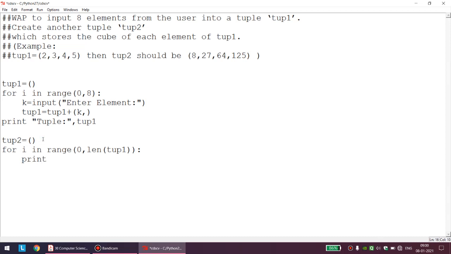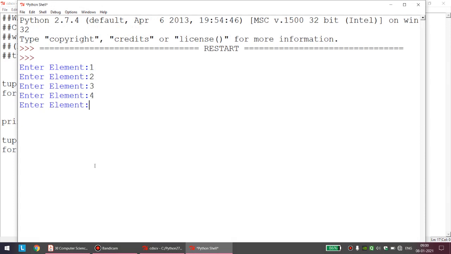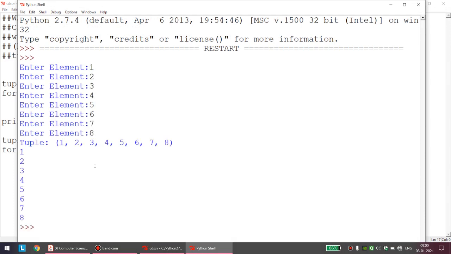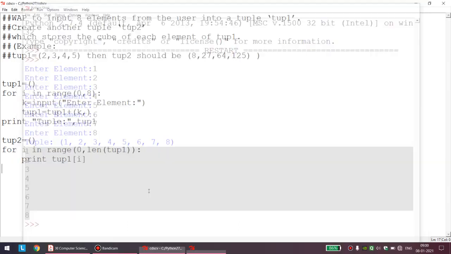And how will I have access to each element of TUP1? TUP1 of i. Okay, I think this will help me have access to each and every element of TUP1. Still I will verify the same. 1, 2, 3, 4, 5, 6, 7 and 8. Okay, as you can see, I have access to each and every element of TUP1.